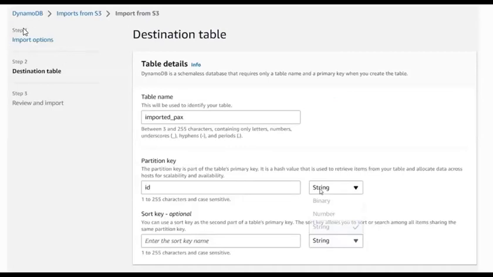Till now we provided import options. Since I'm importing my data from S3, I have provided import options. Now the destination table options that you need to provide. So from where you are getting this data, that you provided under import options, and under destination table, you